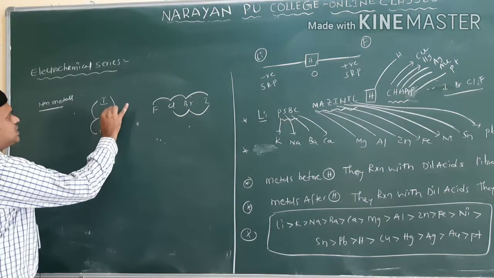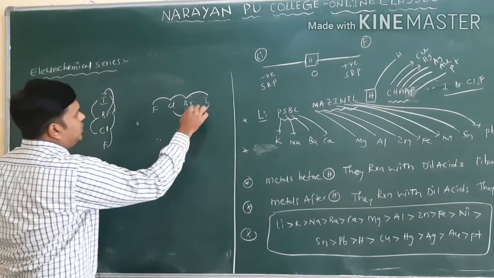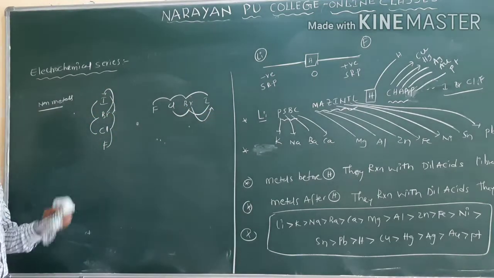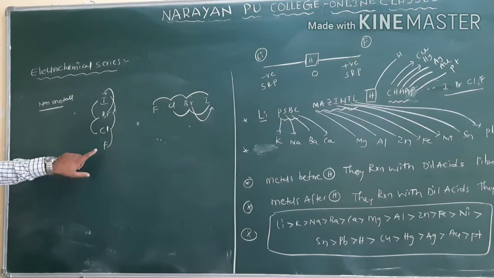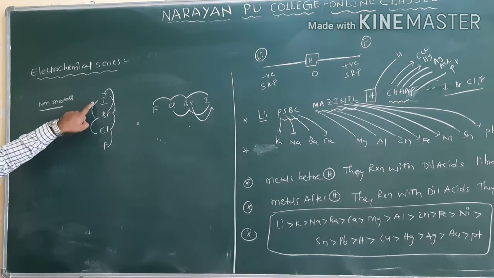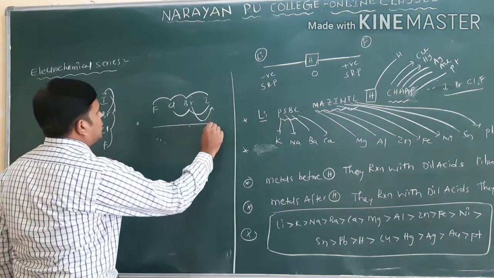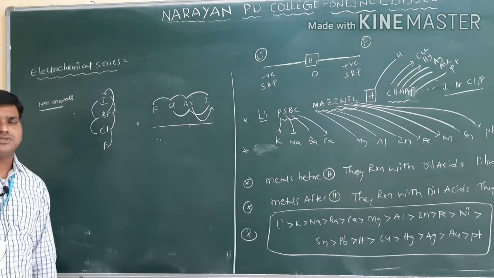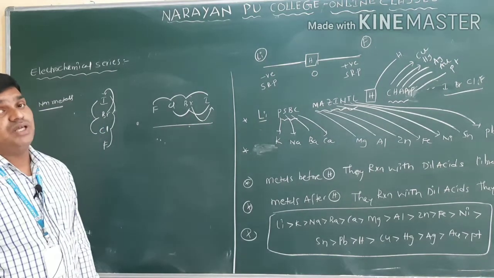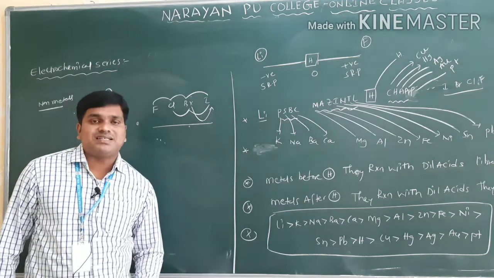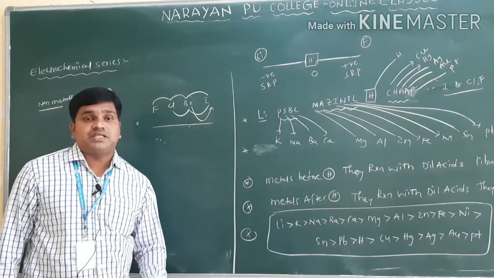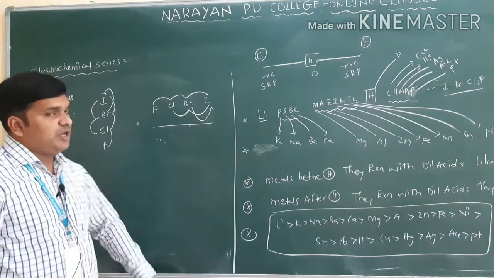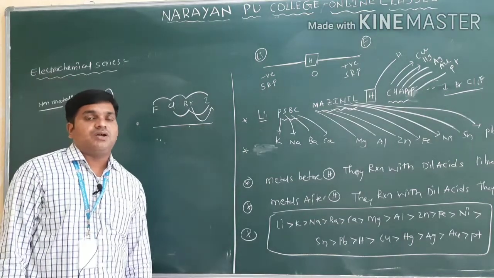But bromine only displaces iodine only. From this, simply you can say one point: a below non-metal displaces an above non-metal, but an above non-metal does not displace the below non-metal only. Or simply you can keep this order in your mind. You will easily get the reactivity of the non-metals only. So this is the reactivity of the metals and non-metals from the electrochemical series only. Based on this electrochemical series, we have to solve some of the questions.